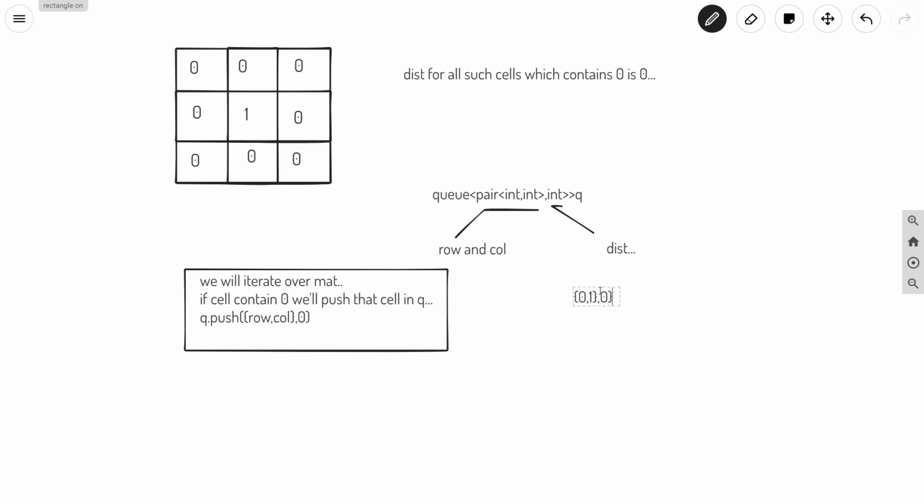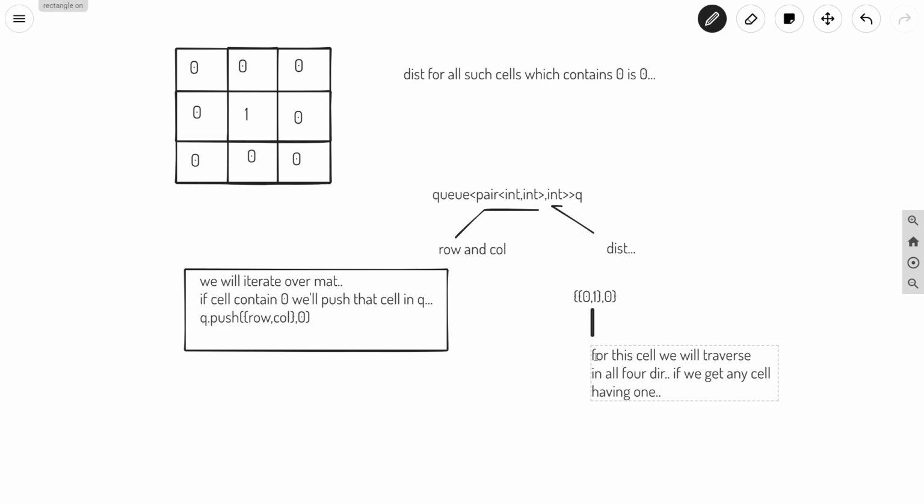Talking about this element, what does it mean? This element is a cell which contains 0. So for this cell we will traverse in all 4 directions, and if we get any cell having 1, then for that cell the distance will be nothing but 1.